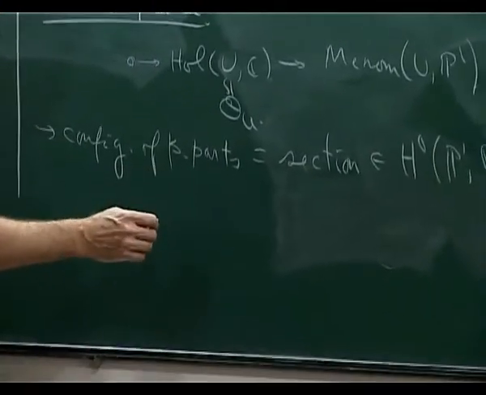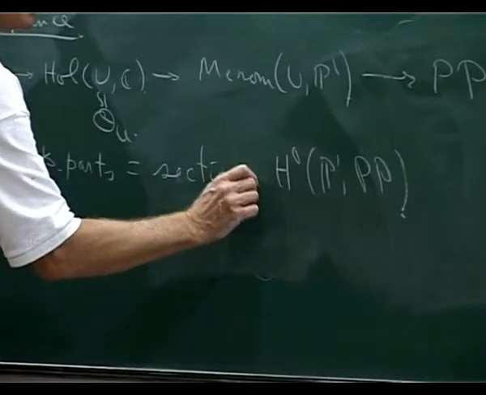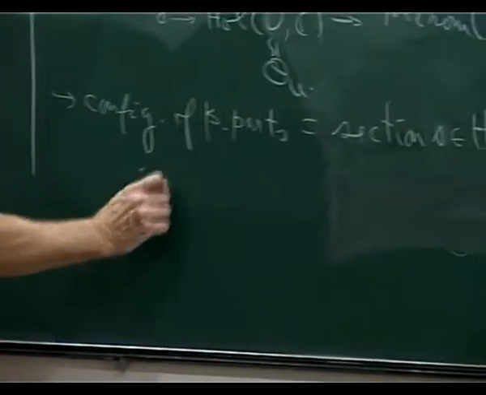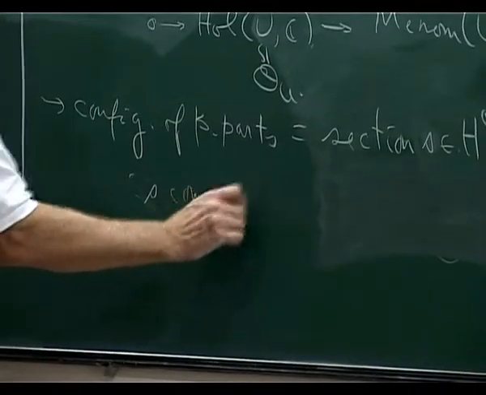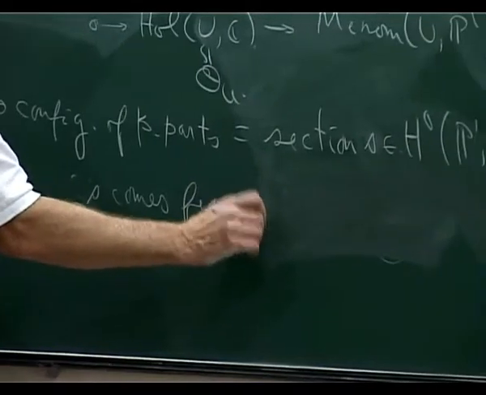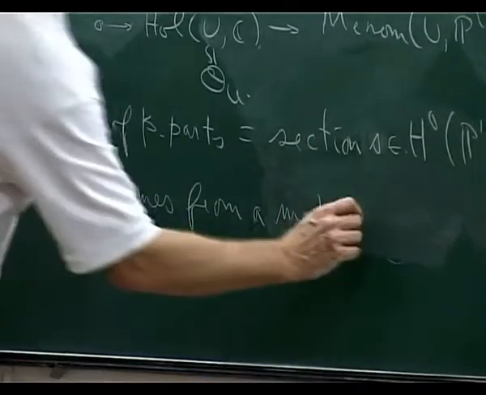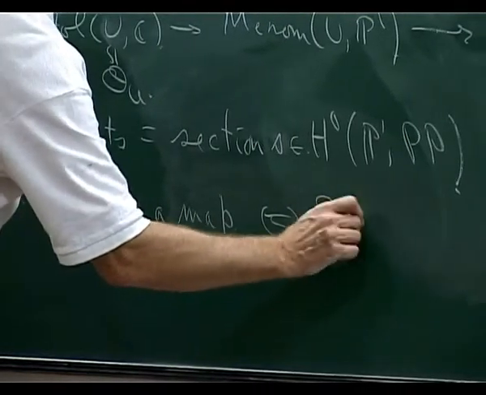Let's call my section S. S comes from a map if and only if delta of S